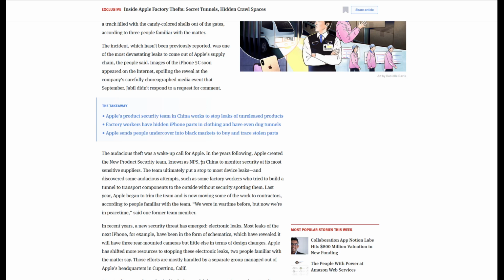The audacious theft was a wake-up call for Apple. In the years following, Apple created the new product security team, known as NPS, in China to monitor security at its most sensitive suppliers. The team ultimately put a stop to most device leaks and discovered some...